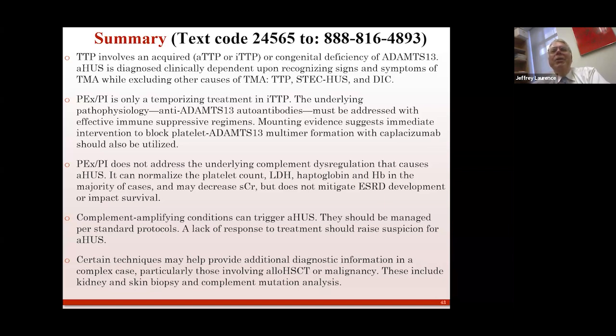There's an article in the New England Journal about 8 weeks ago that I wrote a letter about, that was published about 3 weeks ago, where they took a patient with what they thought was recalcitrant TTP that was on Rituxan and not responding. They couldn't reduce the titer levels. Adams-13 still in the 0% range, that they gave recombinant Adams-13 to. And they had a complete response. That is not the way you treat this.